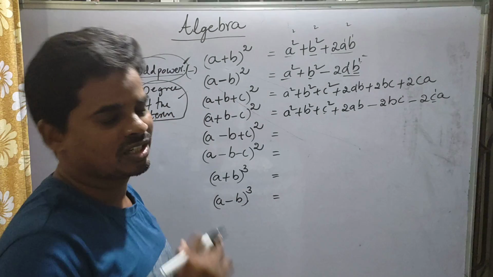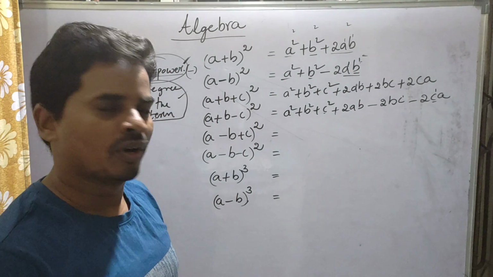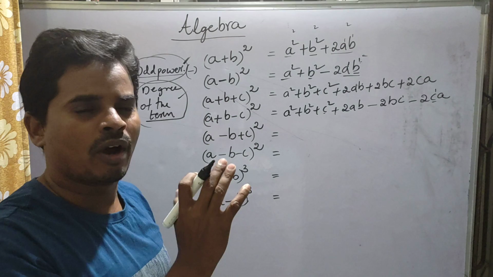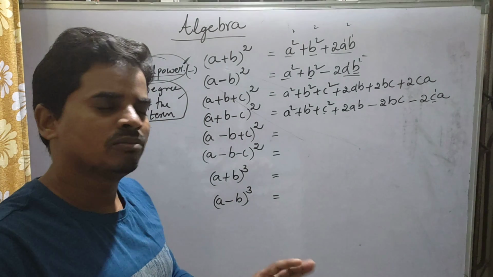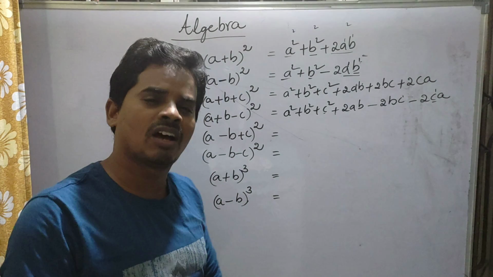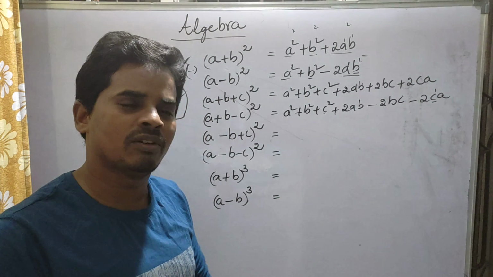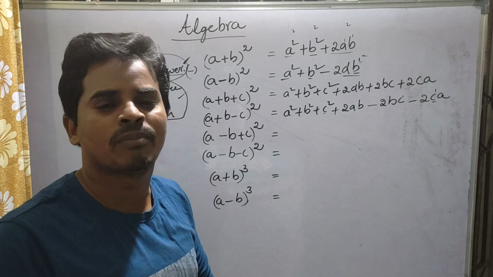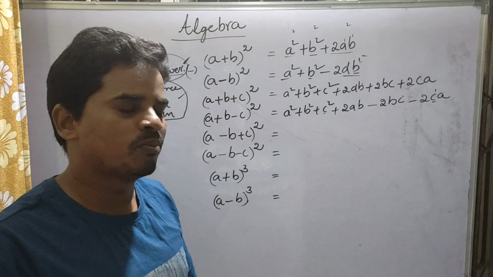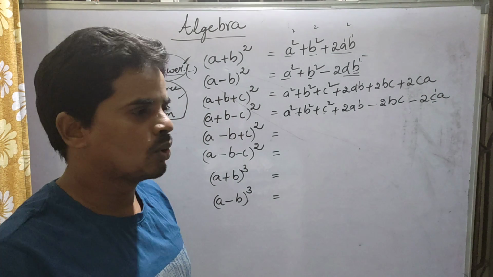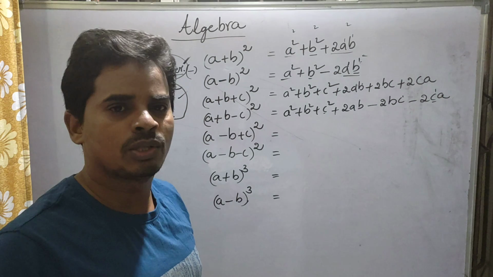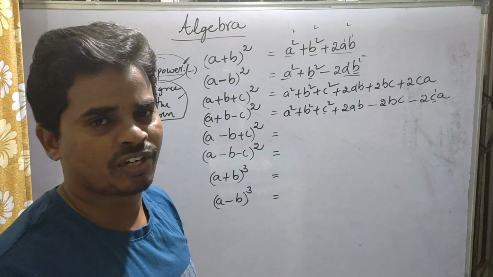So this is the logic we should remember. Children, if you remember this trick, then students won't get confused about the plus and minus, where we should keep plus and where we should keep minus. Many students get confused here. Now I think it will be clear to you, and you won't write the formula wrong.